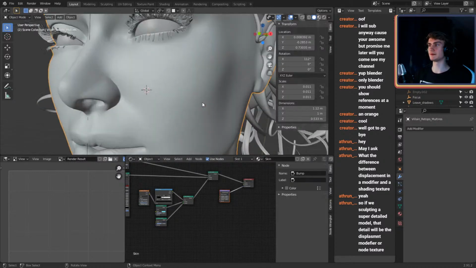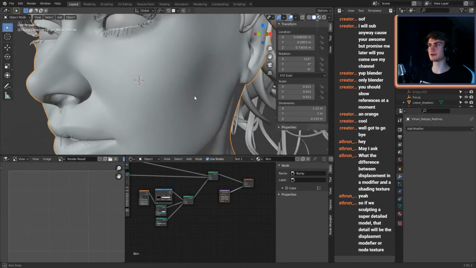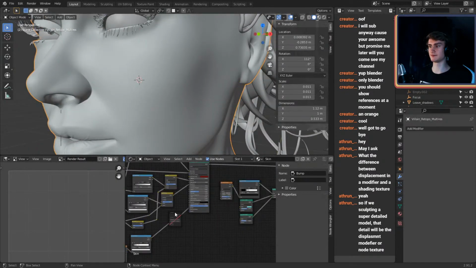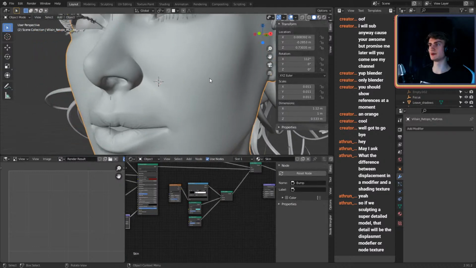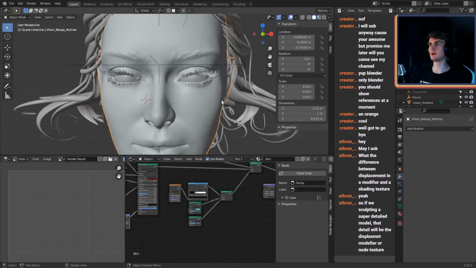requires more performance than the bump node. So if you want to, for example, use or make pores, or you want to